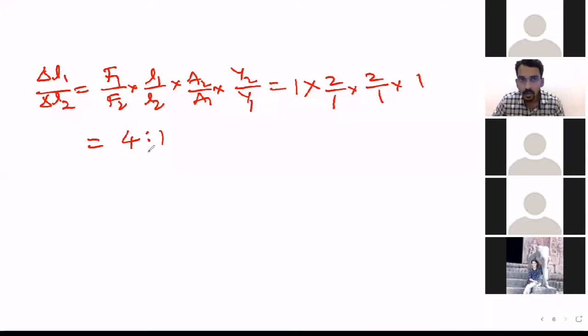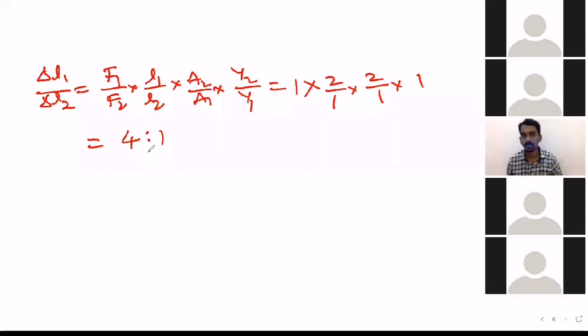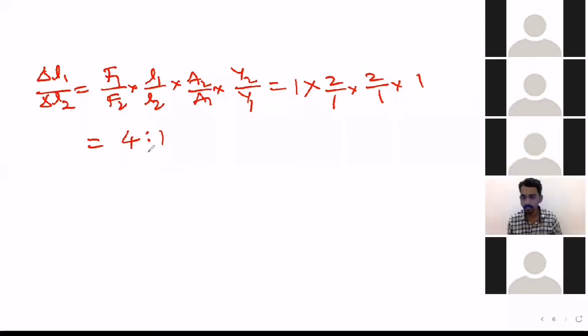Now, did you understand what I explained? Everybody said 2 is to 1 because you neglected area completely. But the thing is, they have not given the area ratio. We need to find it from the given condition. What is the condition they have given? Mass remains the same. Has everybody understood? If there is any doubt, please message me. Raise your hand if you understand.